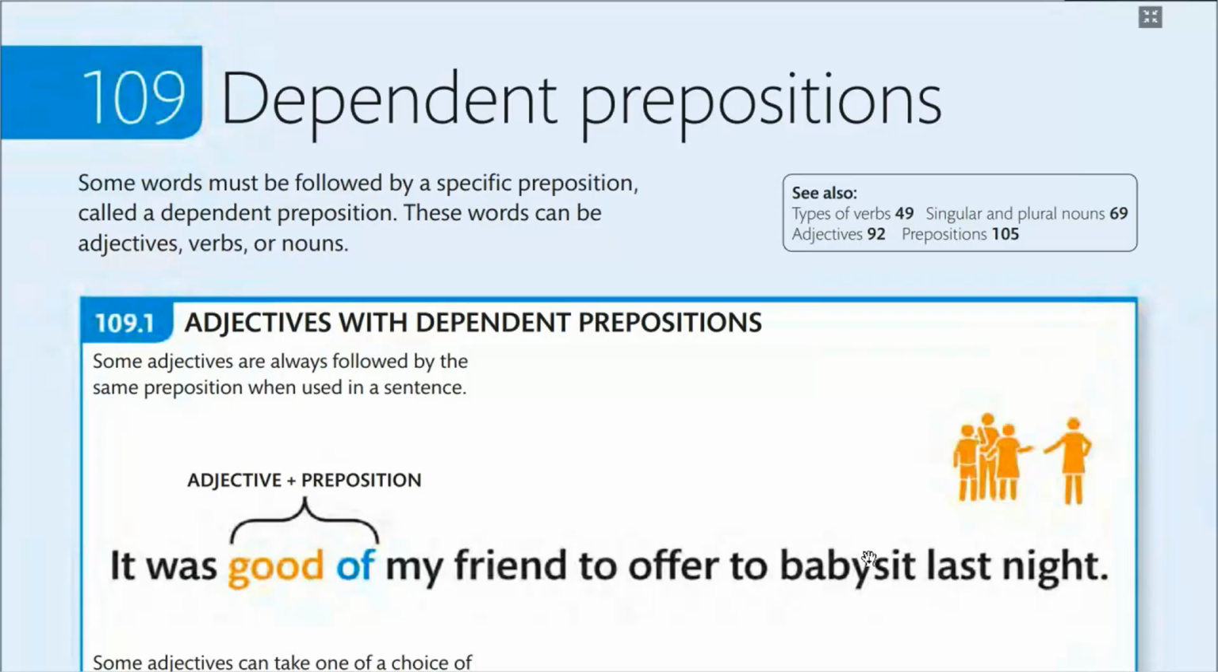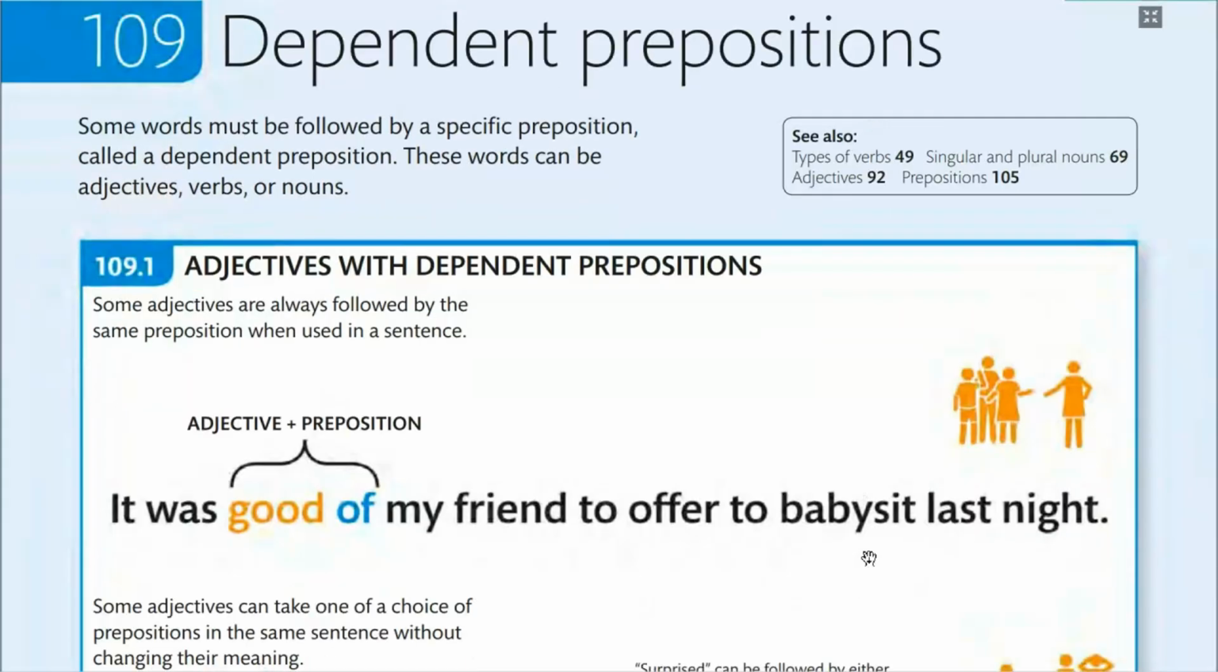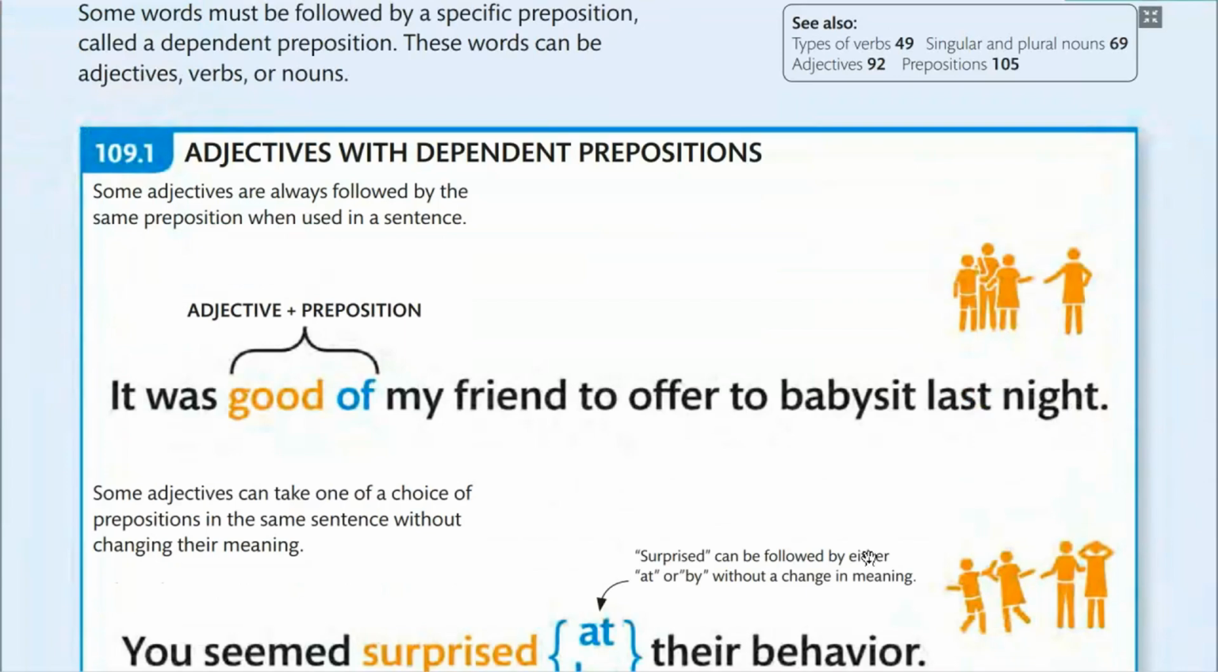Some adjectives are followed by the same preposition when used in a sentence. Let's take a look at an example. It was good of my friend to offer to babysit last night. So, good of you. Some adjectives can take one of a choice of prepositions in the same sentence without changing